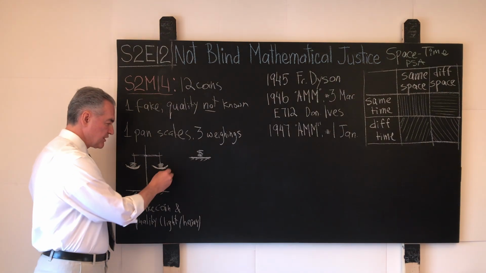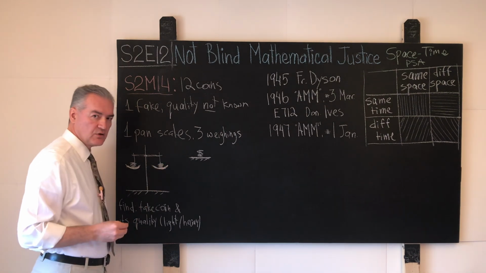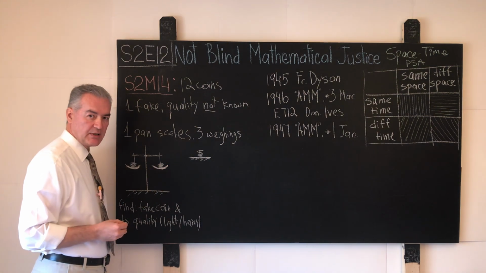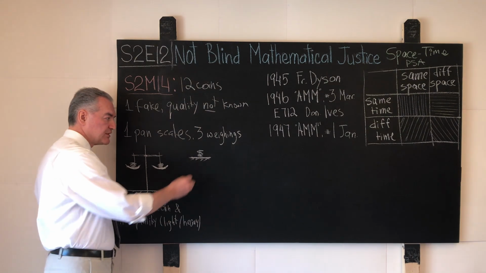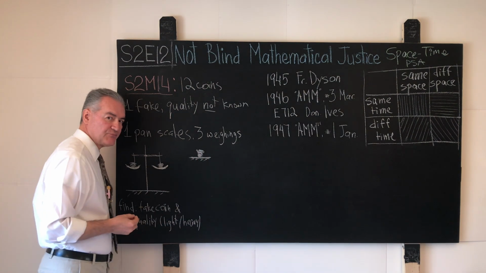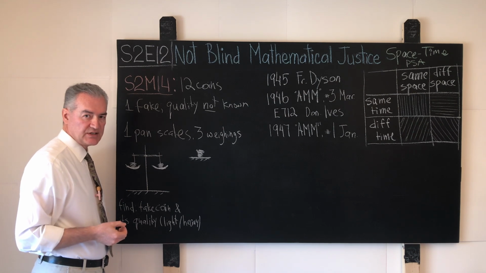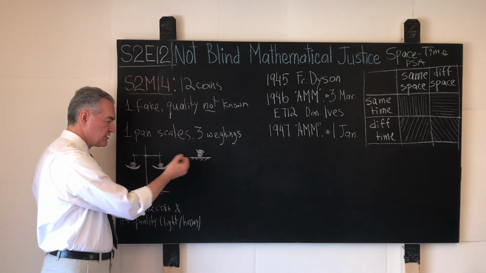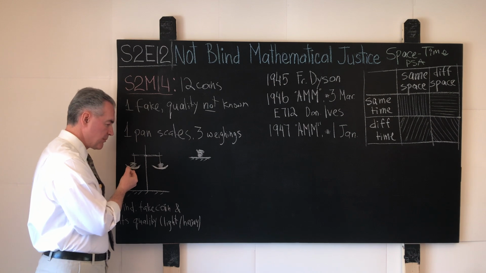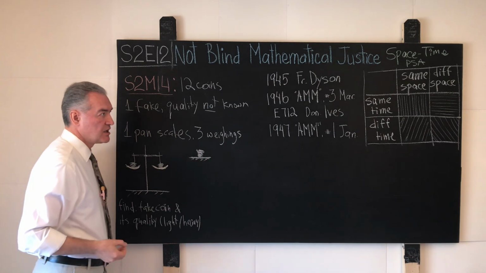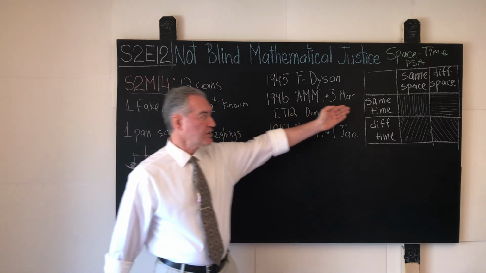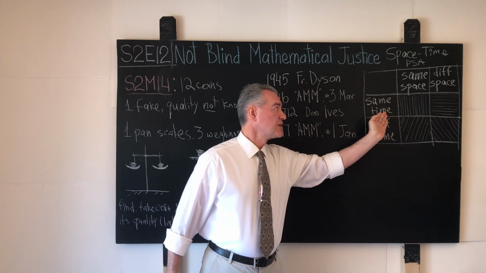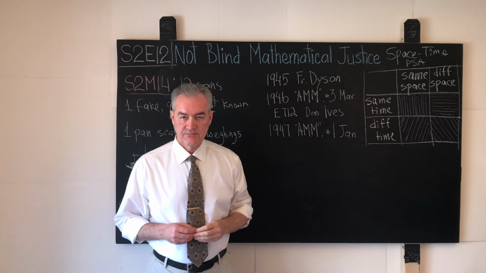Likewise, all the coins that will be placed on the right pan will be located at the same time, at the same space of the right pan, and likewise, all the coins that will be sitting at the time of this weighing on the table also will be sitting at the same time in the same space. Each one of these individual spaces, the left pan, the right pan, and the table, represents exactly the pairing of the main objects or the main components of this problem that corresponds to this square. Same time, same space.